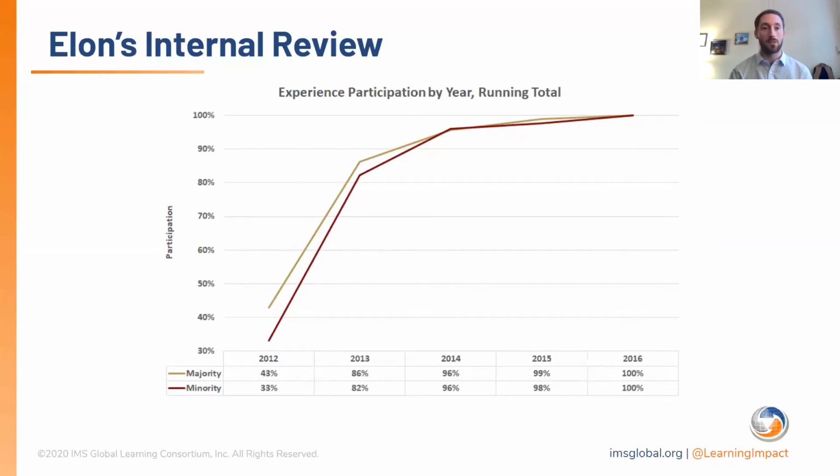There's some serious consideration that it's because our white students that come from more affluent backgrounds have better preparation and are more able to navigate the higher education experience, and so they participate earlier in their